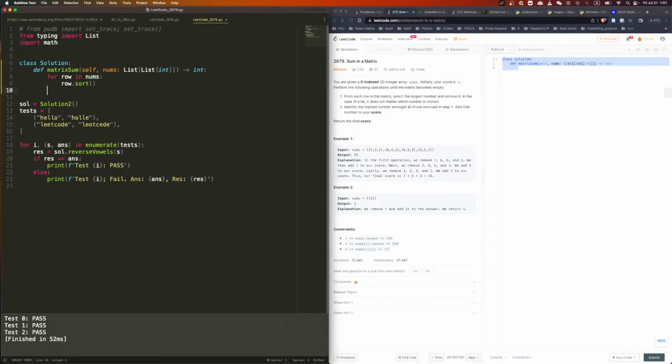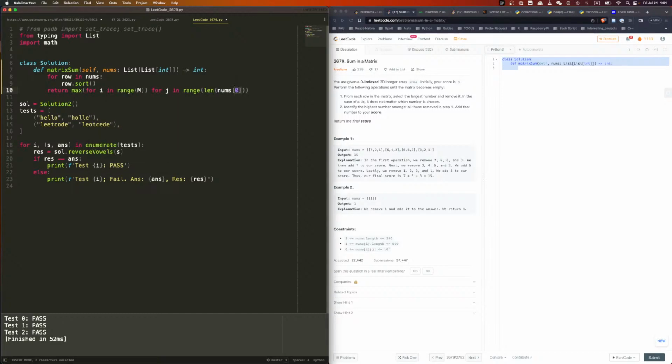Okay, and then we say return, for j in range len nums 0. Okay. And we need to do the maximum of something for i in range.